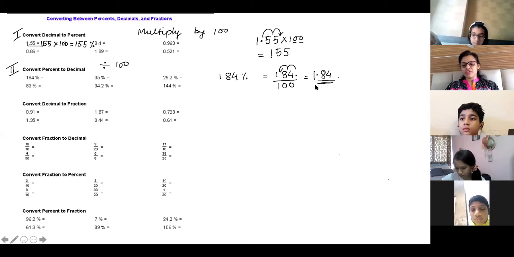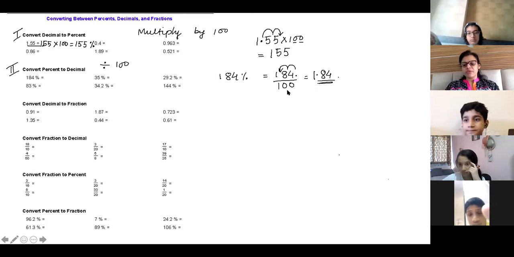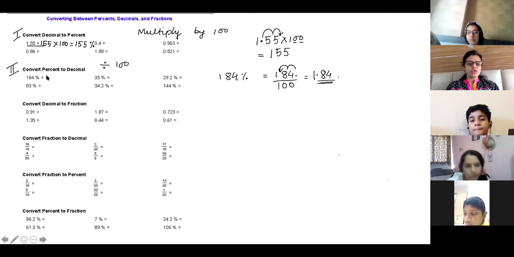You have to write it in decimal. Okay, I got that only. Okay, you can write that way also. This is actually 184 divided by 100 only. You can write it in fraction form, or you can write like this, like Munib wrote. Understood, everyone, how Munib wrote? Munib just wrote the division sign.